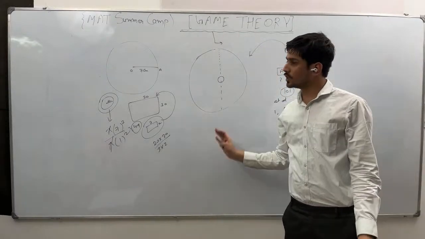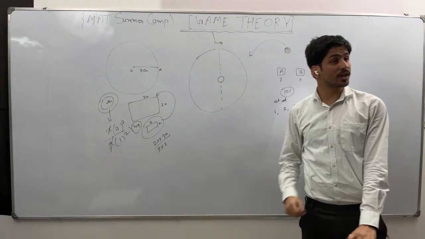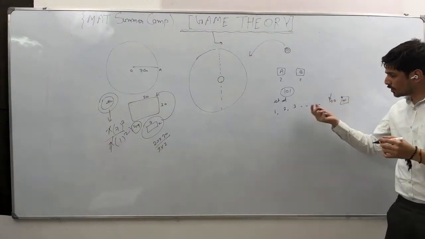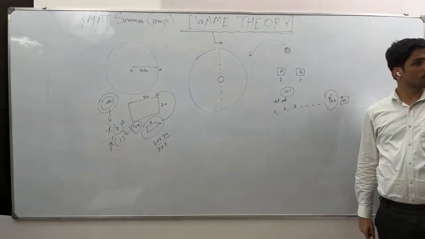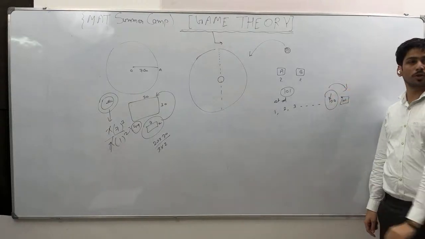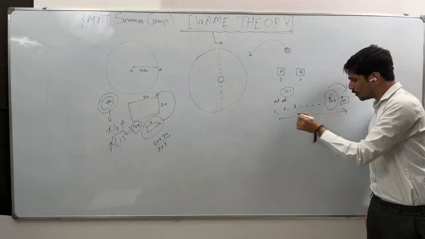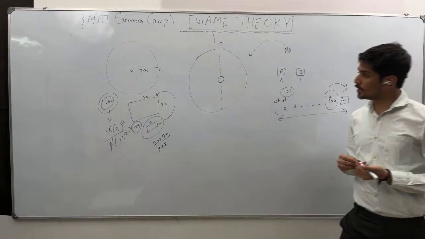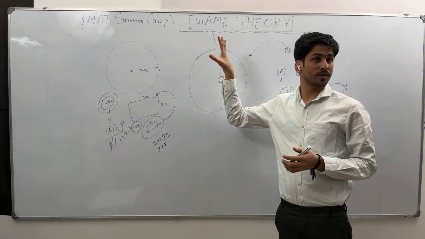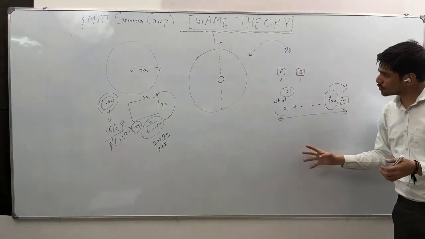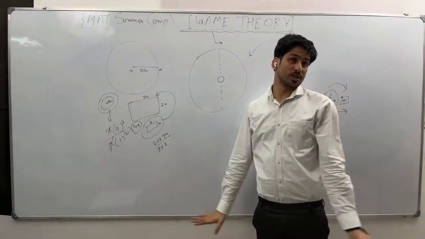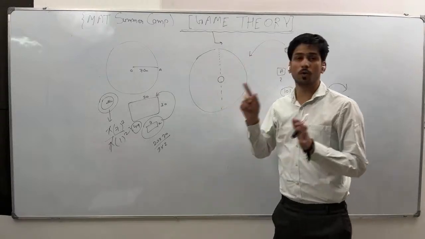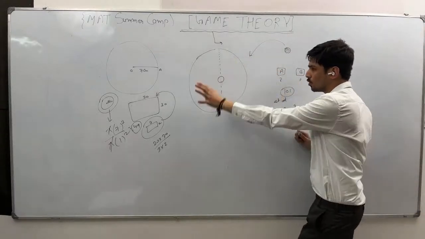So in the case of a circle, this condition will always hold. What is the condition? B will be putting the coin an even number of times, and you will be putting the coin an odd number of times. But only 101 spaces are available. After that, where will B put the coin? For B, there is no space to put the coin, right? It means definitely in the case of a circle, no matter what the radius is, B will always, sorry, A will always win. Whoever goes first will always win.